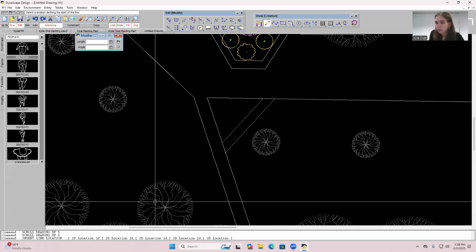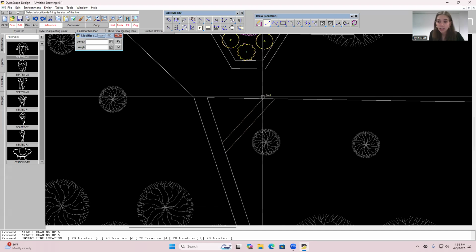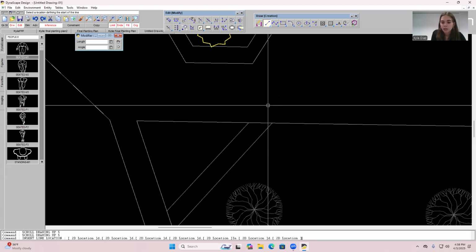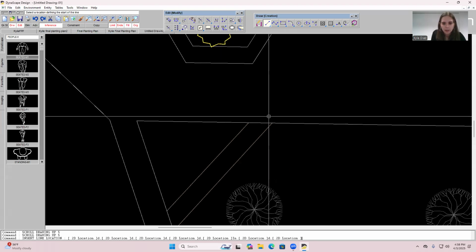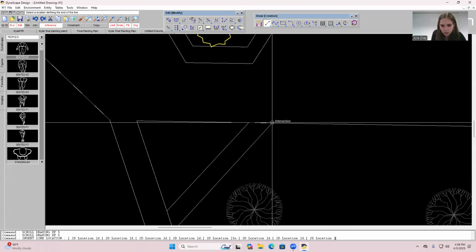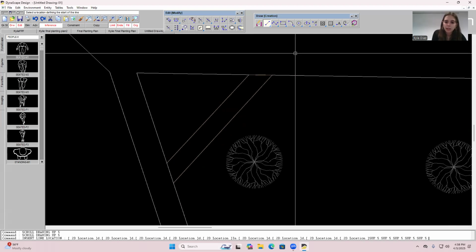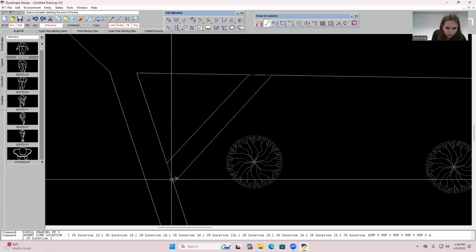So there's my pathway there. I recommend if you want to fill this in with some kind of pattern, like a brick pattern or a stone pattern, that you go ahead and add some additional lines to close off that shape. It'll be easier to manipulate that shape that way. So I'm just going to hover over these until I see the word intersection, and now there's a closed line there. I'm going to right click to remove my web, and then make another line to close off the shape